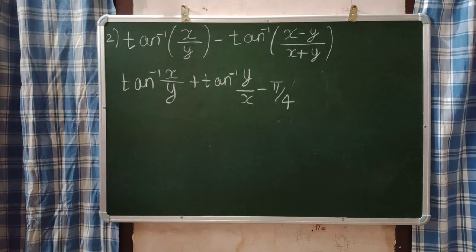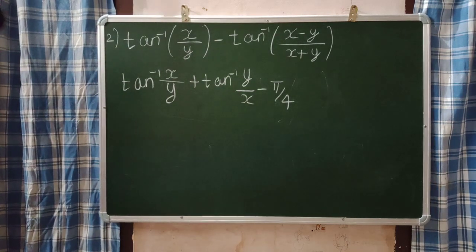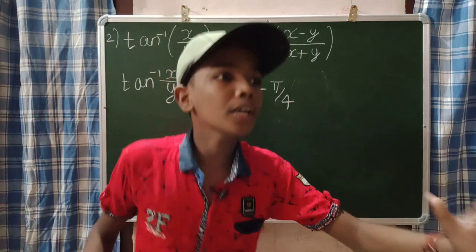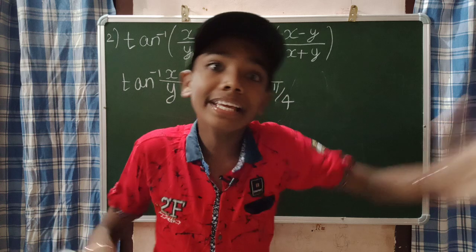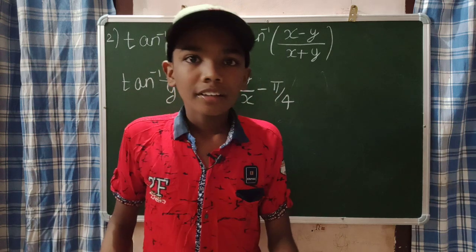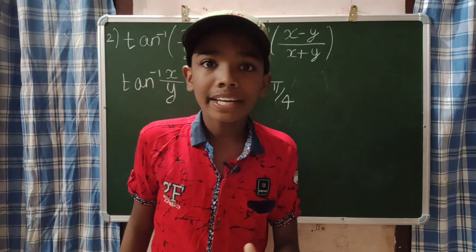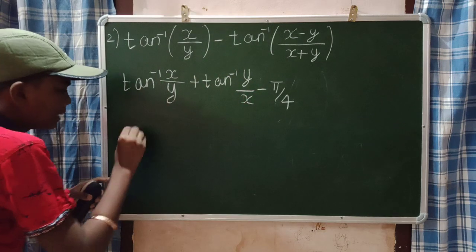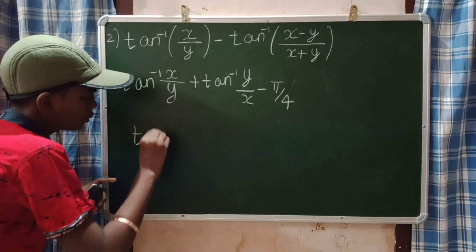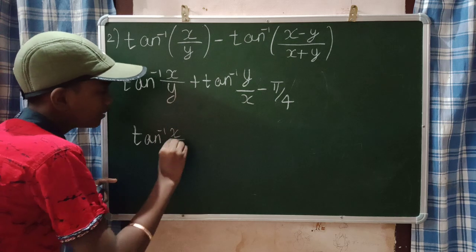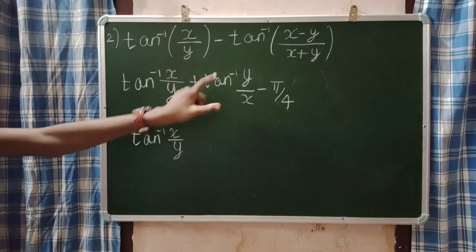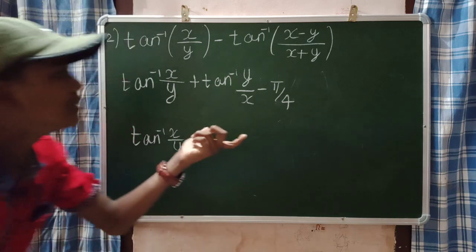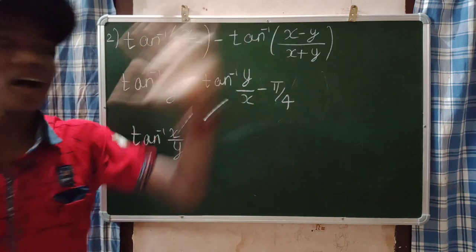Now, this question is a piece of cake. Why? Because, guys, this is not a piece of cake now. Listen carefully. Now you also need to think better. Students who are good at the formulas of inverse trigonometry can easily tell. But if you are not good at inverse trigonometry, then it will be a little difficult for you. Now what you need to do is, I'm going to write the tan inverse of x by y. Then I'm going to write this tan inverse of y by x as cot inverse. I'm going to convert this tan inverse in terms of cot inverse.